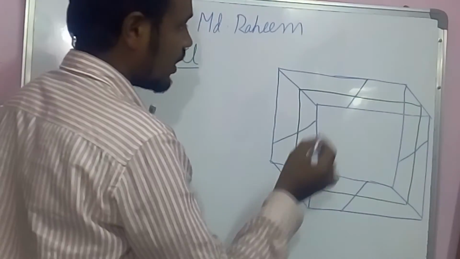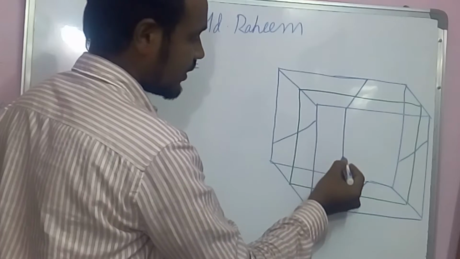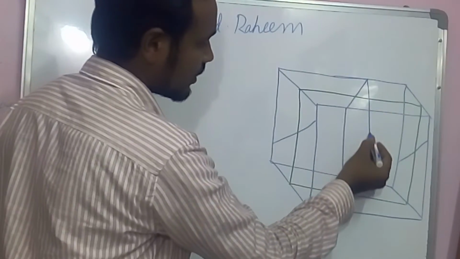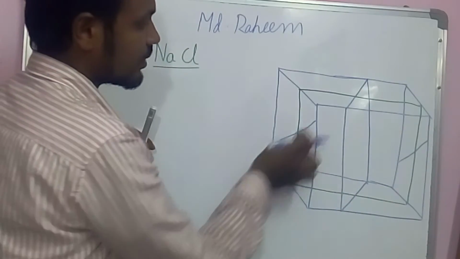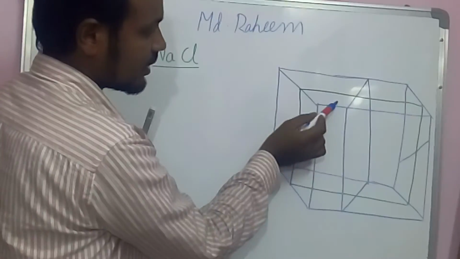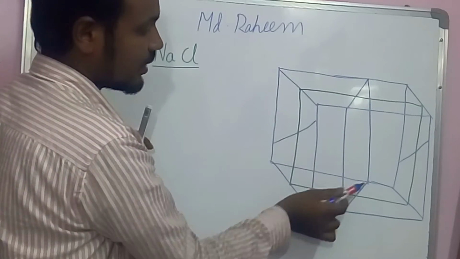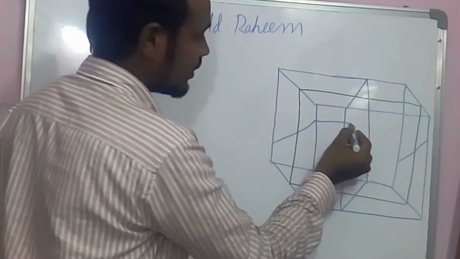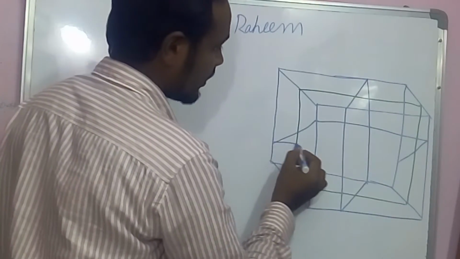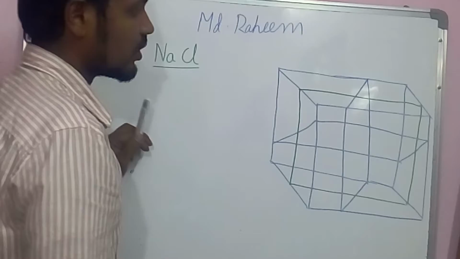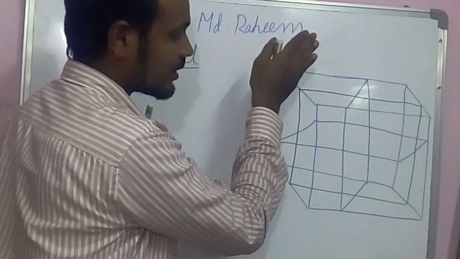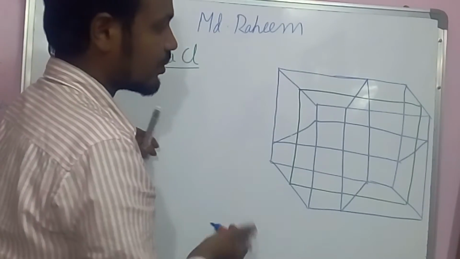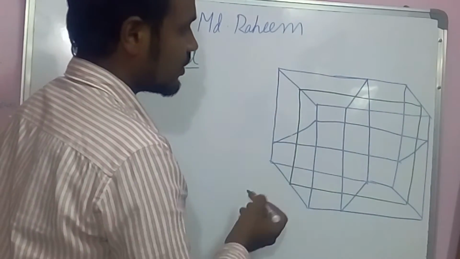Okay, now I am going to join these. One line from here to here and one line from here to here. Observe that, I have drawn one line from here to here and one line from here to here. Same way I have to draw one line from here to here and one line from here to here. This box I am going to cut this way and this way, two ways. Just observe that.